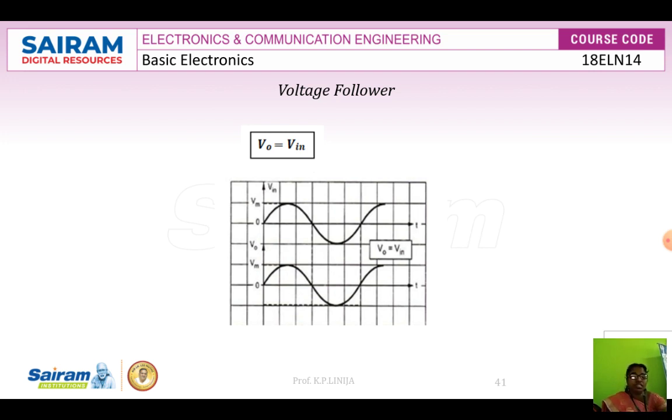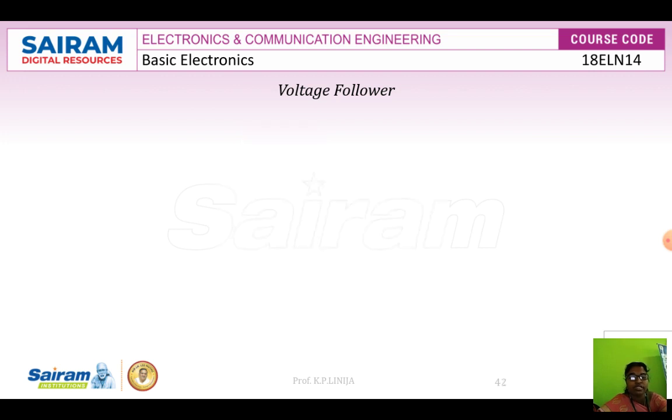So in this class we have discussed the voltage follower as well as the adder. The adder can add two or more inputs. In our discussion we have taken a 3 input inverting summing adder, and we have discussed the voltage follower. I hope everybody has understood this logic, that is, the voltage follower and the inverting 3 input adder.